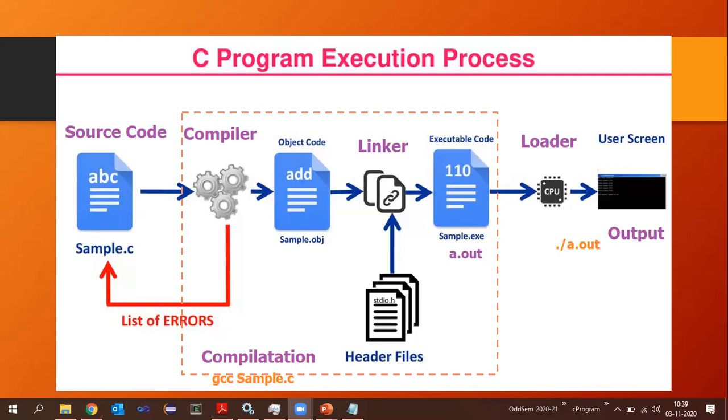And the third is the actual execution, which can be done by writing another command, ./a.out. All these commands are with respect to the Linux operating system. I tried to recollect all the things we discussed in today's session. If you have any doubts, you may ask those questions in the next class.